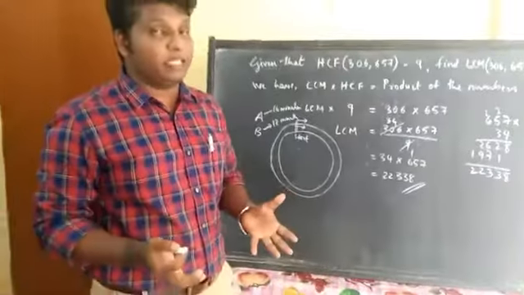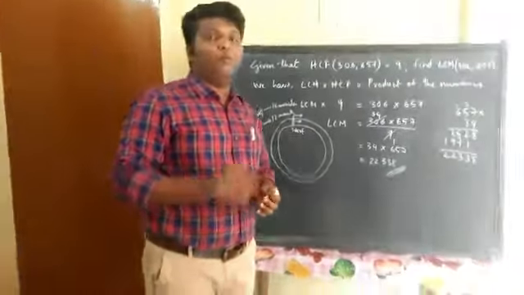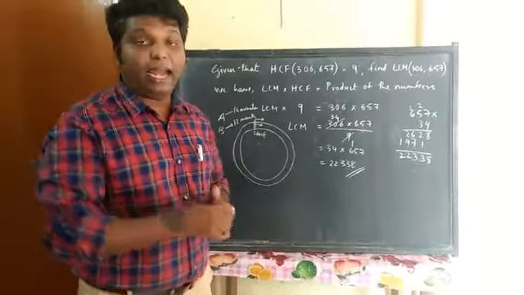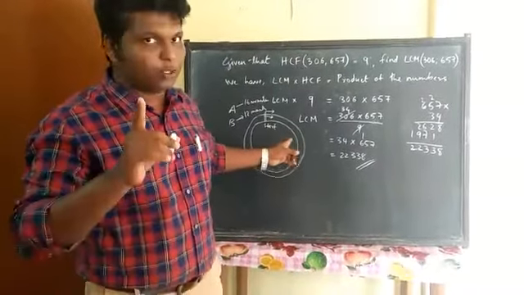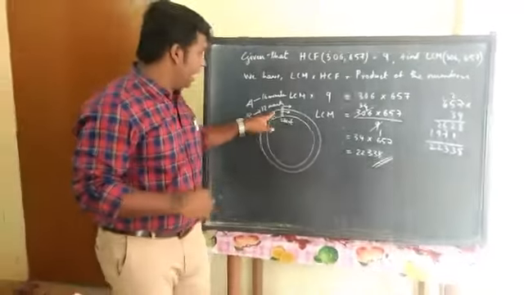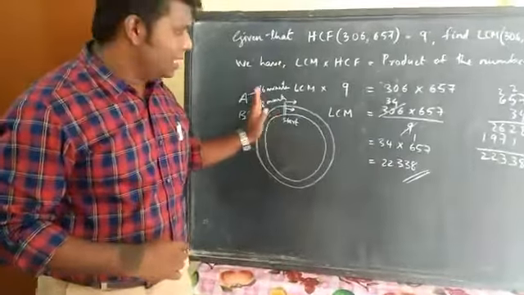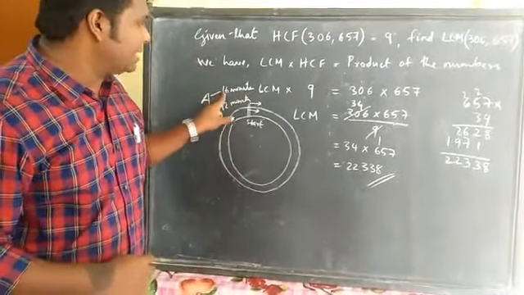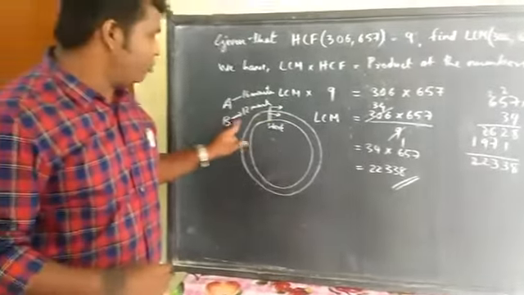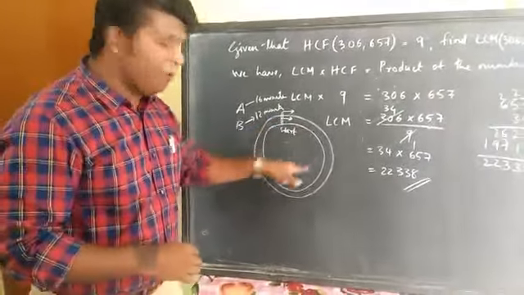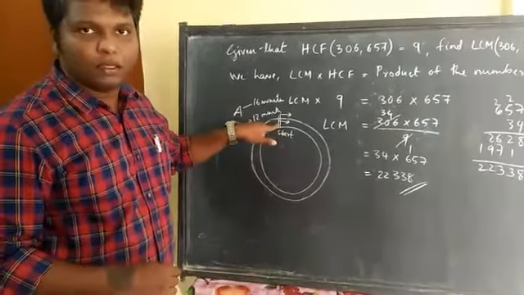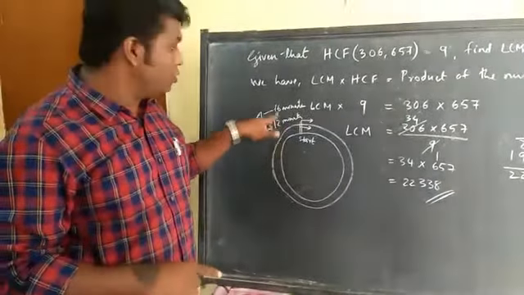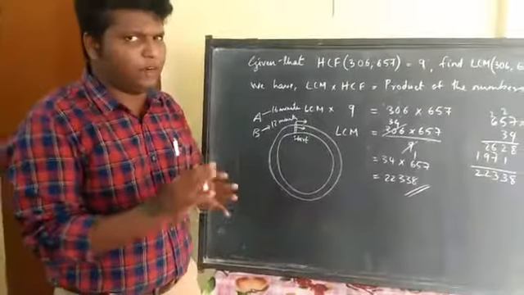Most probably the question comes like this: at what time will A and B meet together at the same starting point? Did you understand the question? A and B are standing at the starting point and running from here. If A takes 16 minutes to complete one rotation, and for B, उसका स्पीड थोड़ा कम है, वो 12 मिनट्स ले रहा है, पूरा एक बार पूरा का पूरा वो ग्राउंड घूमने के लिए 12 मिनट्स यूज कर रहा है. So दोनों का वक्त में डिफरेंस है. They are having different times, right?